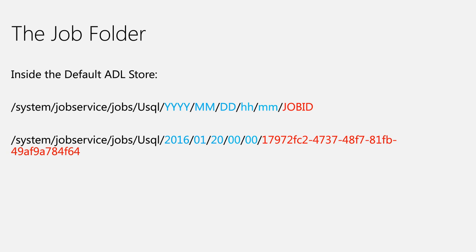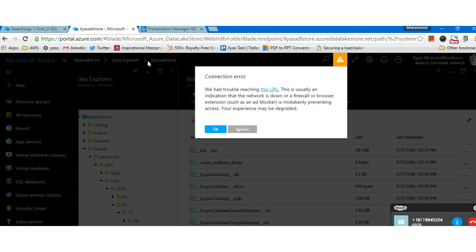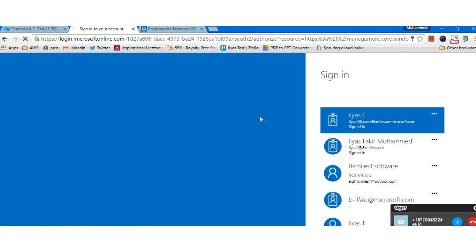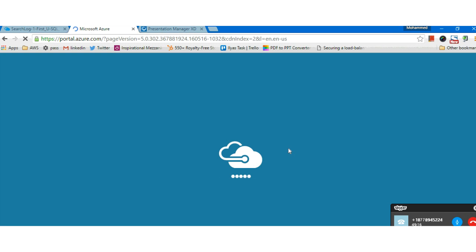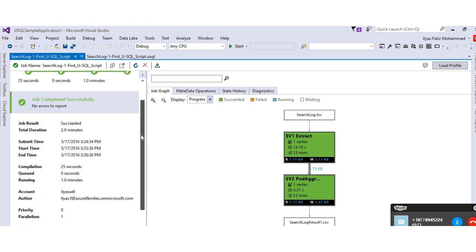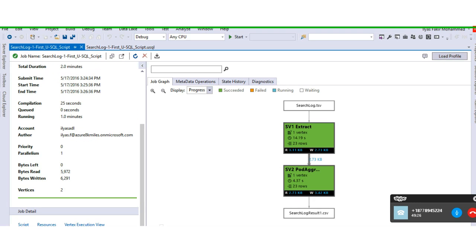Okay, so to prove this, let me open my Visual Studio again. I hope you can see my screen. You can find the compiled files in Visual Studio.